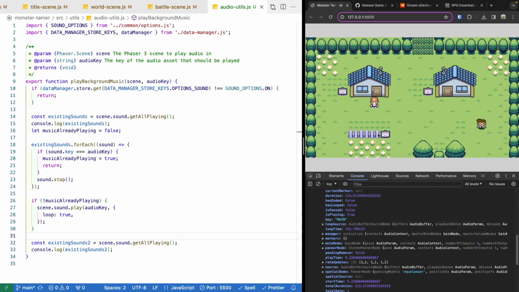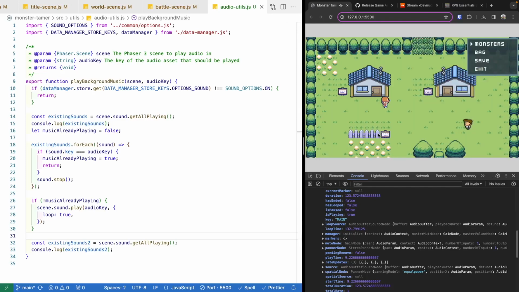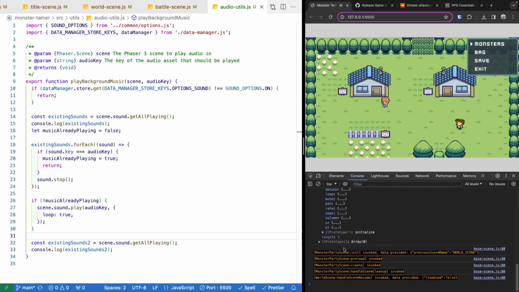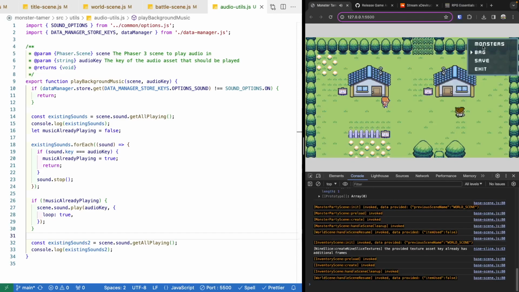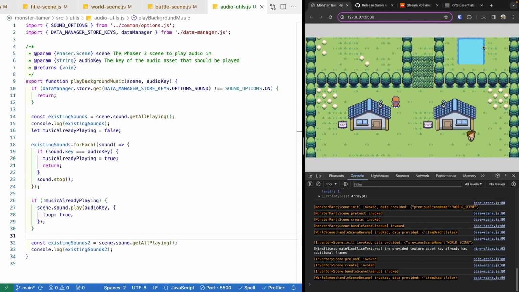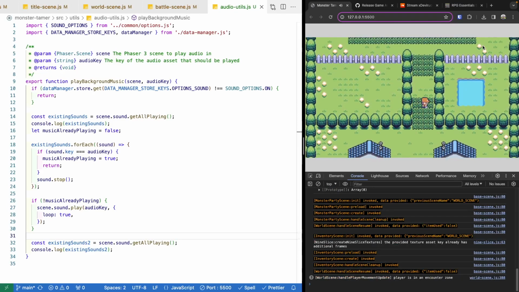Perfect. And after our code runs, now we should have an audio game object that has our main asset key playing. All right, and if we want to do some additional testing, if we jump over to our monster party scene, and we come back to our title scene, nothing should change, our audio should still be playing. Likewise, if we go into our bag and everything like that. So now if we go ahead and come up to where we expect to encounter a monster, let's walk through our grass,